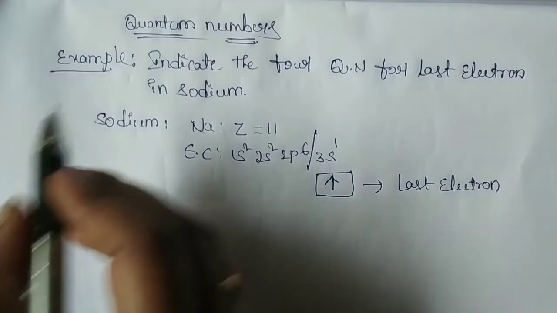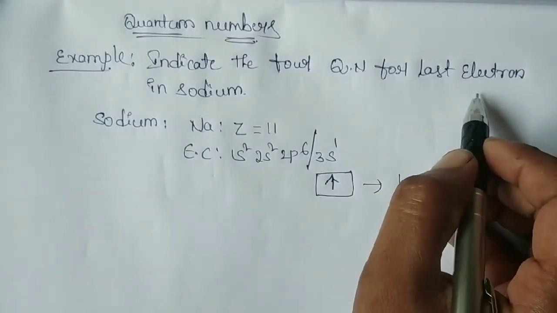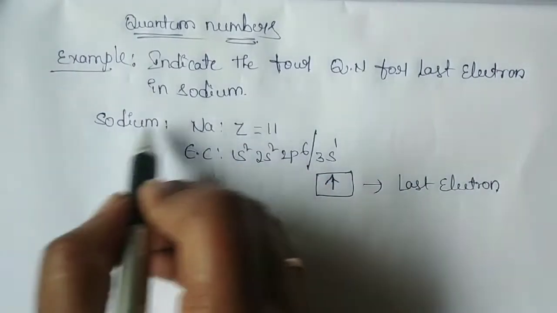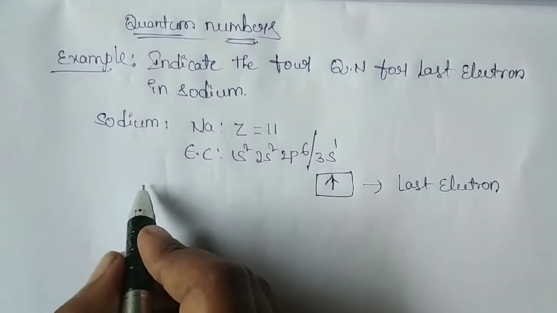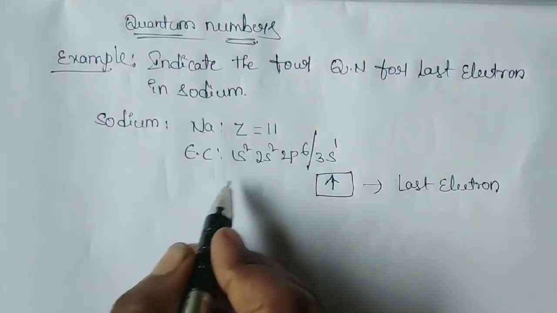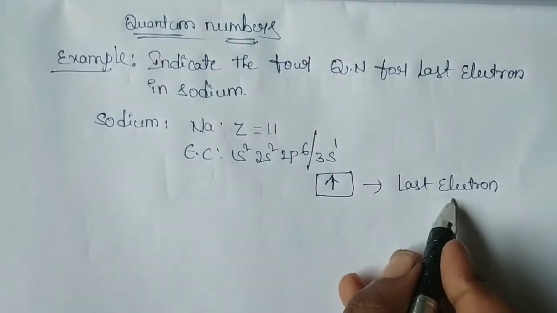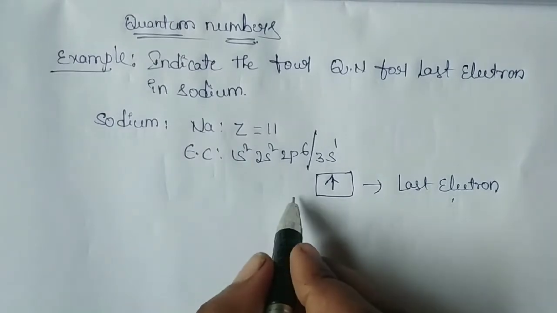Hi students, today we see an example for quantum numbers: indicate the 4 quantum numbers for the last electron in sodium. Sodium has atomic number 11, electron configuration 1s2, 2s2, 2p6, 3s1. The last electron is in 3s1. So write down the